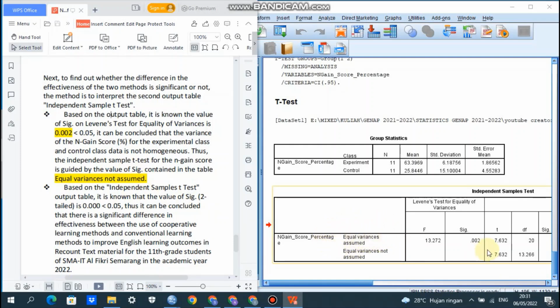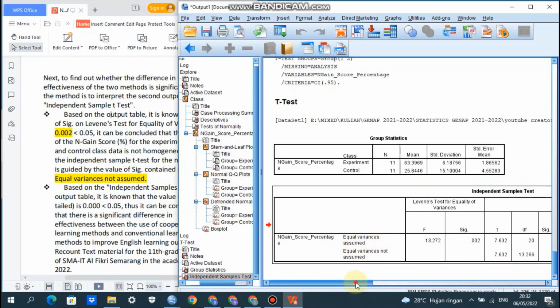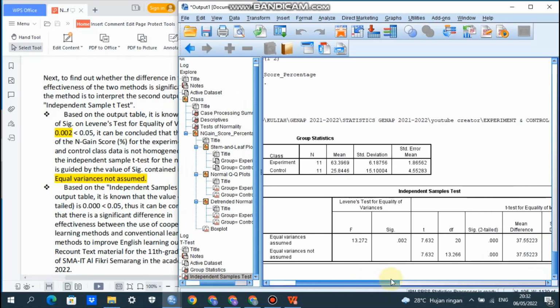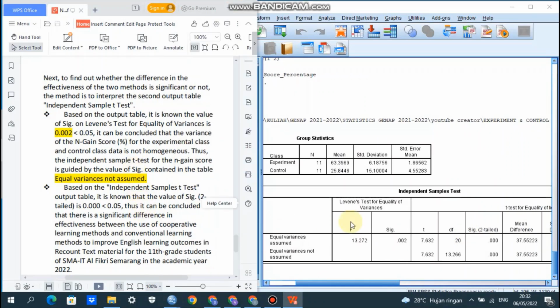For equal variance assumed, because the significance is 0.002, it is less than 0.05, so the data are not homogeneous. Because of that we go to equal variance not assumed. And then we go to significance two-tailed to see whether there is a significant difference or not for the N-gain percentage. So significance two-tailed for equal variance not assumed here is